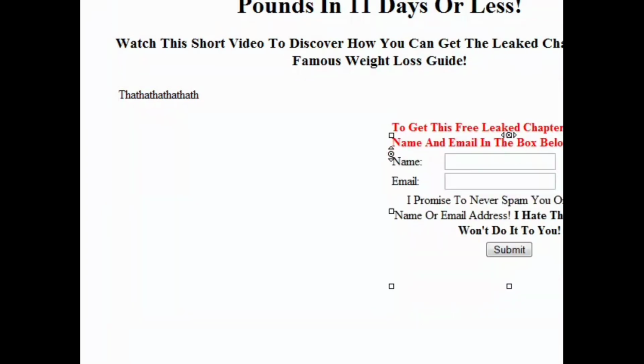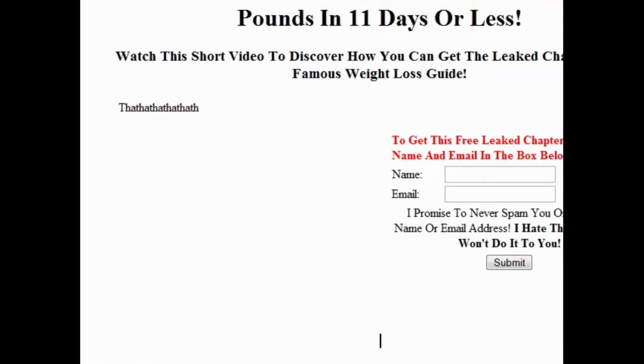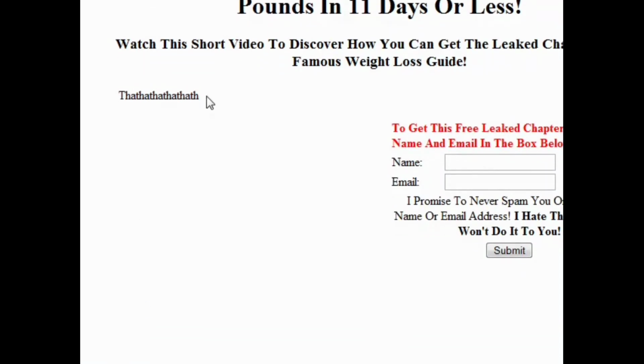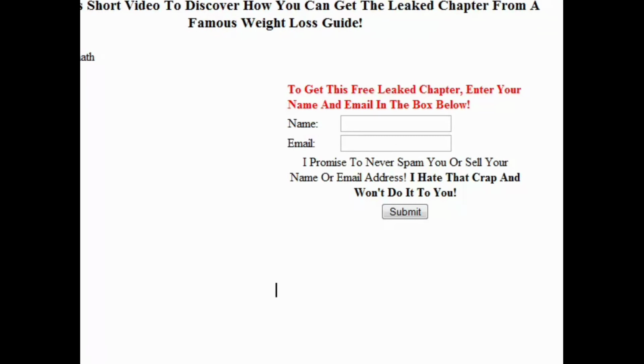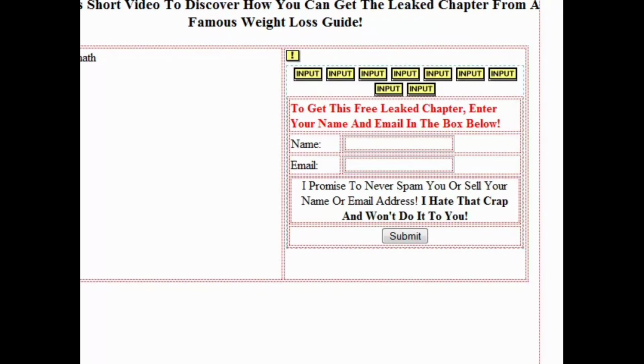Okay, so I went ahead and added some text into the box. That way it'll kind of collaborate a little better. And then I would go ahead and put a video here. All right. And then if you wanted to, you could go find some graphics, some big red arrows, and I would put another